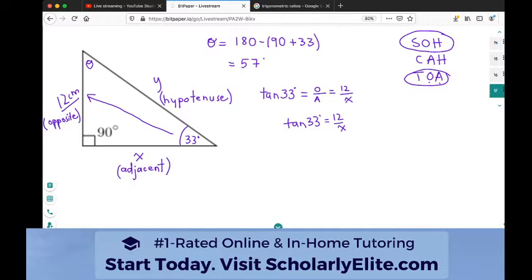0.649. If you plug tan of 33 into your calculator and you don't get that answer, you need to change the mode on your calculator. At the top of your calculator, you should have a button called mode. Keep pressing it until you see degrees, or the short form. It'll say deg, rad, gra. You want to put your calculator into degrees mode,